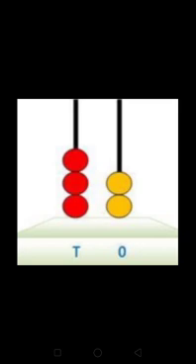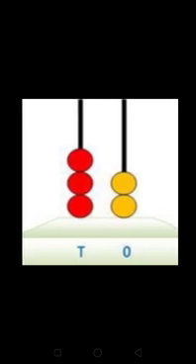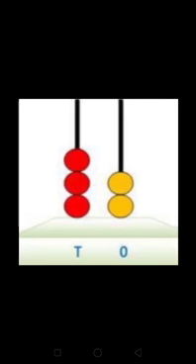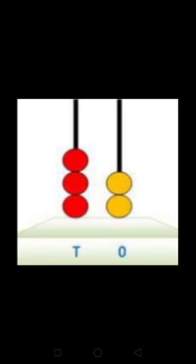It means here are 3 beads. So one bead is representing 1 ten, 2 beads are representing 2 tens, and 3 beads are representing 3 tens. So here 3 tens means how many? 3 tens means 30. So which number is this abacus representing? This abacus is representing the number 32. And how can we say it in another way? That is 3 tens and 2 ones.